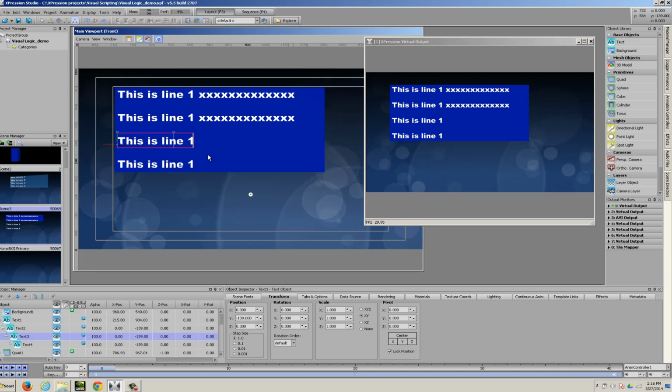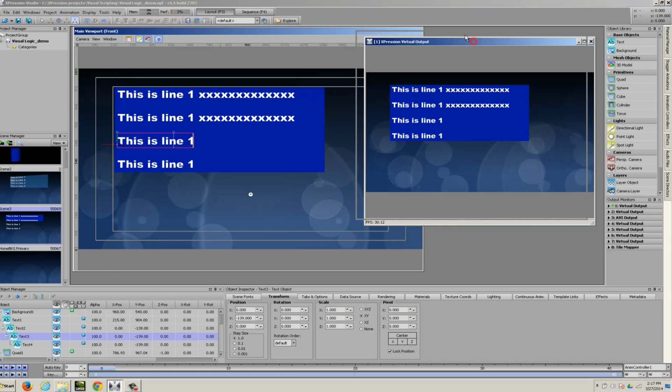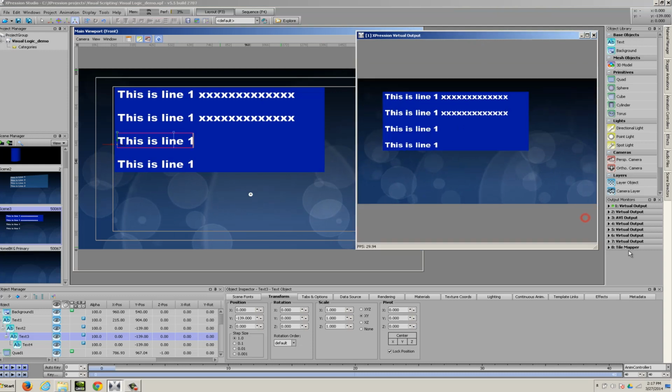Pretty straightforward. So that's the new visual logic feature. Obviously, this is one specific example. There's a lot more that you can achieve with this feature set. So we hope you look forward to experimenting with it, and please give us your feedback, because this is a feature that's going to grow with the product over time. So, as you use the visual logic features, please let us know if there's anything that you'd like to see added or anything you'd like to try, and we hope that it really turns into a powerful tool. Even more powerful than it already is.